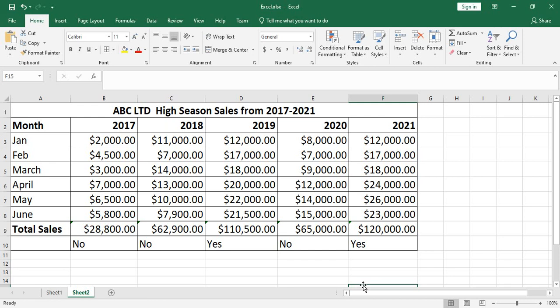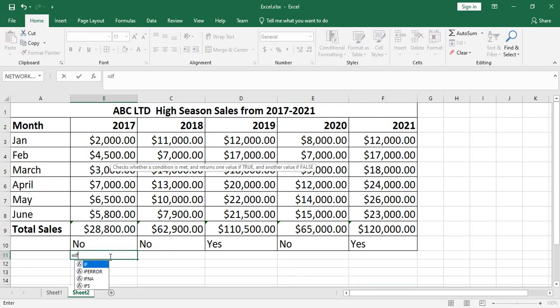So let's now assume we would like to change the messaging over here. Rather than saying yes or no, we would like it to say target met, target not met. So how would we go about it? We repeat the same procedure. We say is equal to IF, the cell that we are considering is B9, greater than or equal to